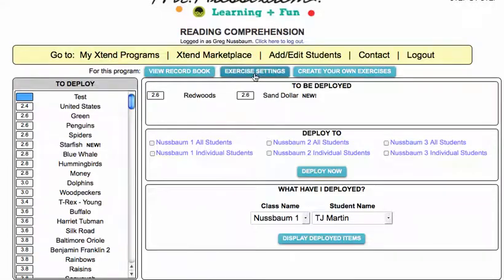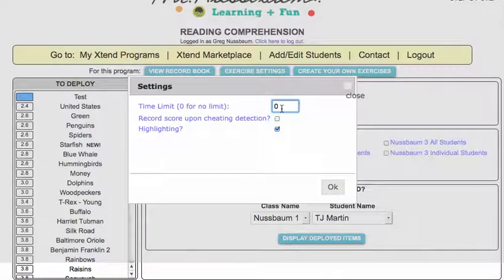One thing you might want to do is click on the exercise settings button, and you can see I can add timers. If I only want my students to have a certain amount of time to do the exercise, I just put a number, and that represents the number of minutes. Highlighting, which means when they open the exercise, they have a set of highlighters they can use to highlight important